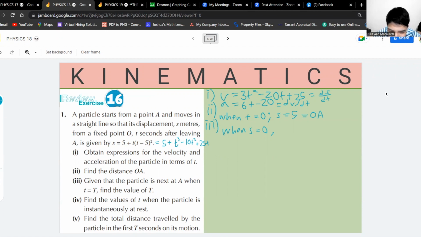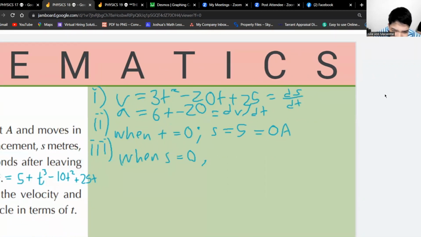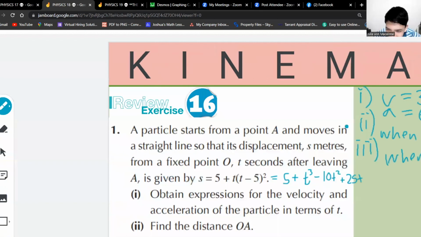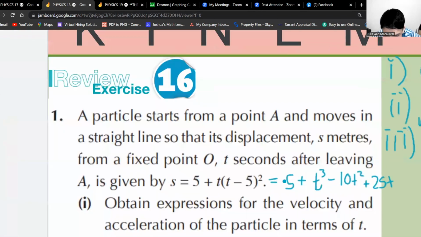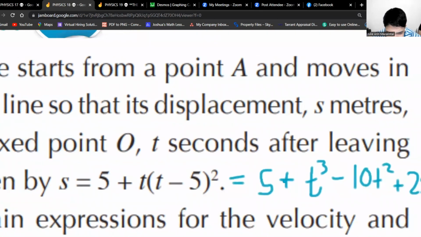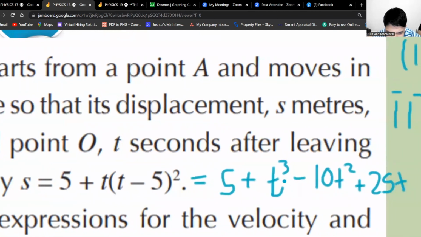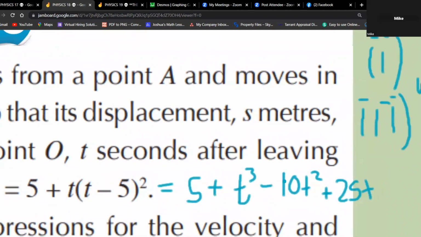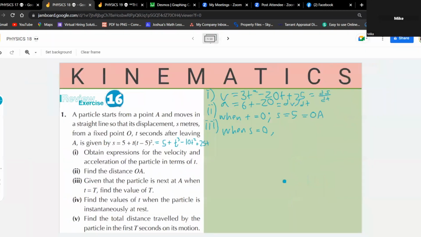Something must be wrong. Ah, t equals 0. Where is it? This is OA. Given that the particle is next at A when t is equal to big T,